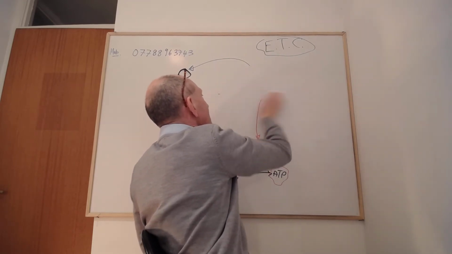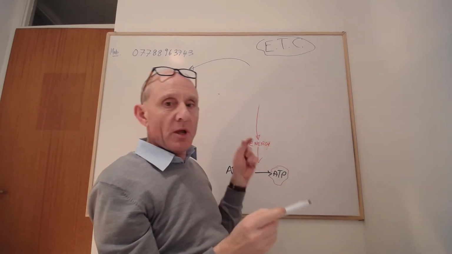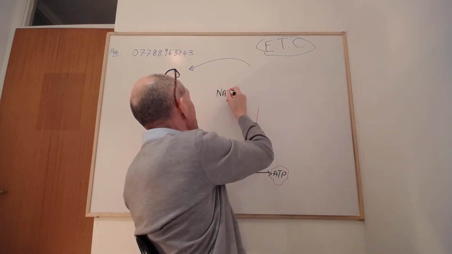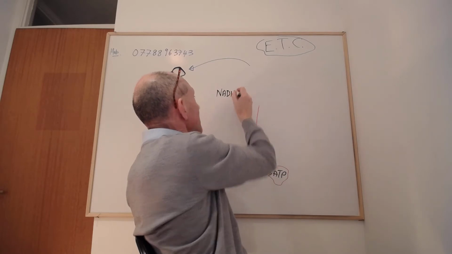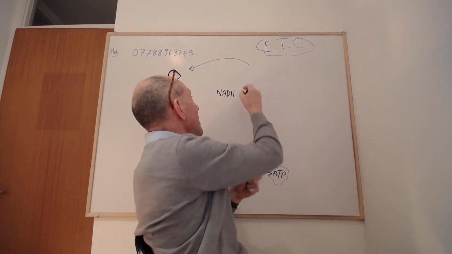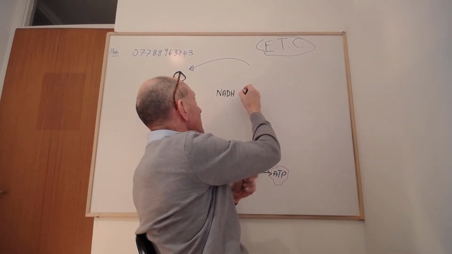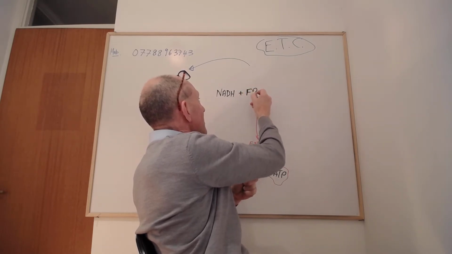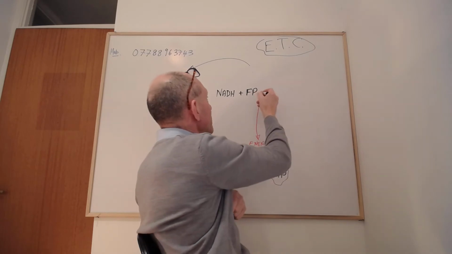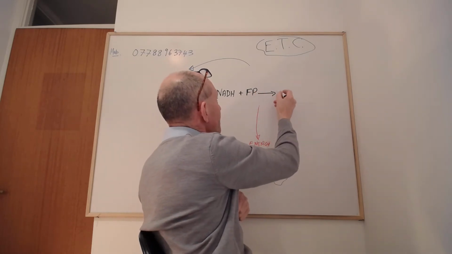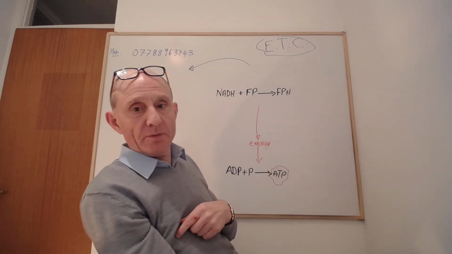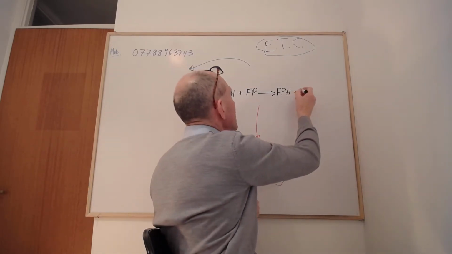Basically what it would look like is this. So what did we start with? We had NADH, and it reacted with, or somehow or other reacted with, flavoprotein, FP. And what was made? FPH, in other words, reduced flavoprotein, plus the NAD,